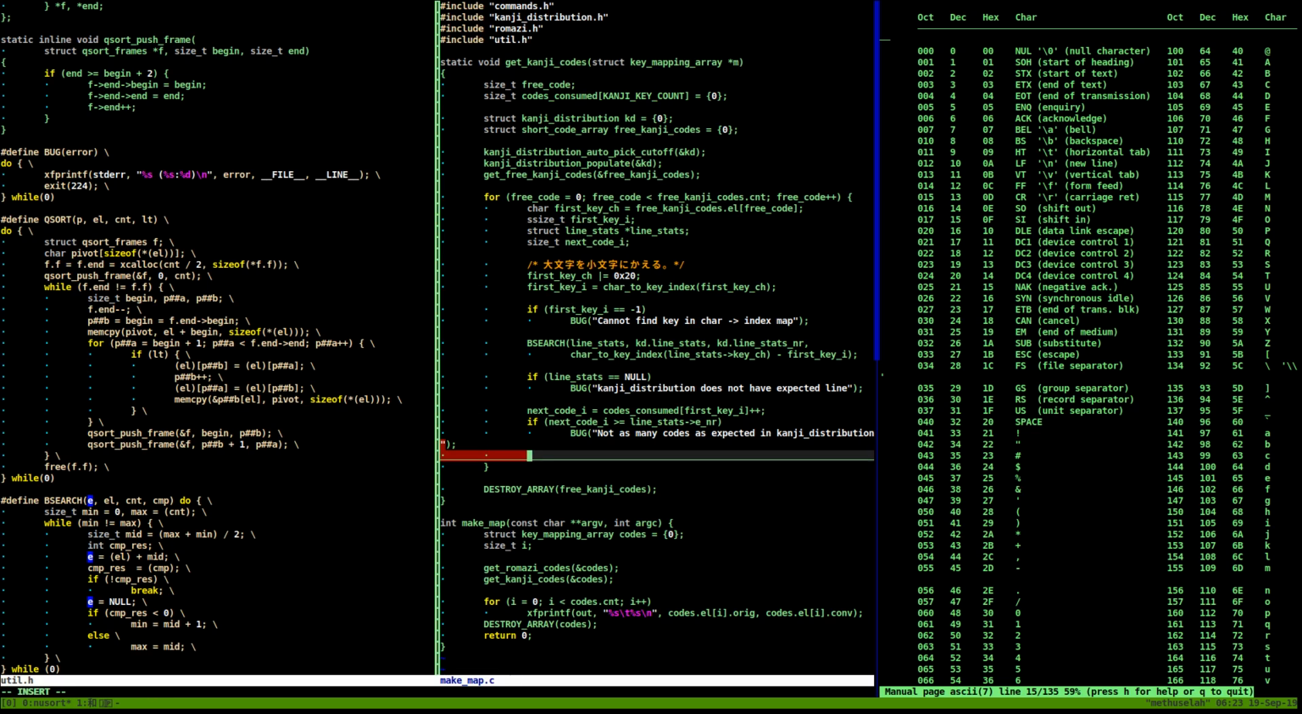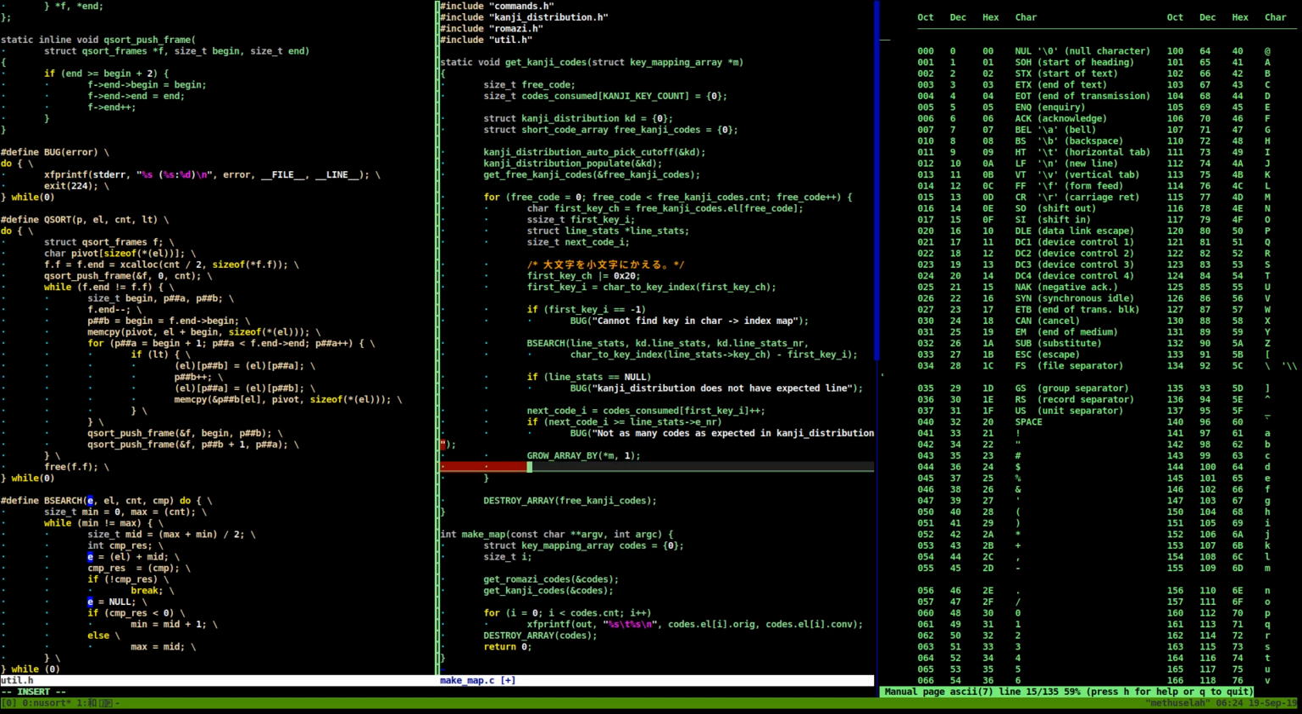So now we have a code. So I believe that we can say, at this point we can add something to the key mapping array. So we'll say grow array by m1. So now we can do m-l m-count -1, and first one is going to be